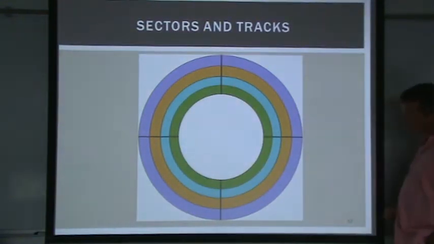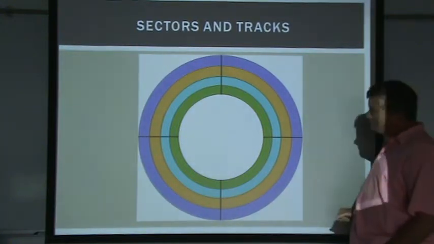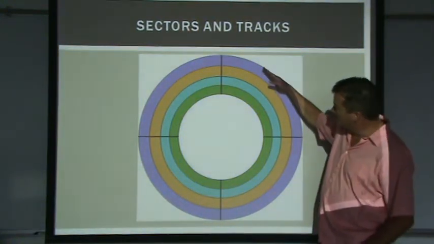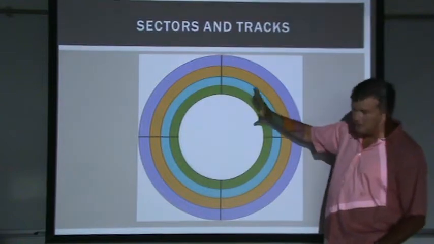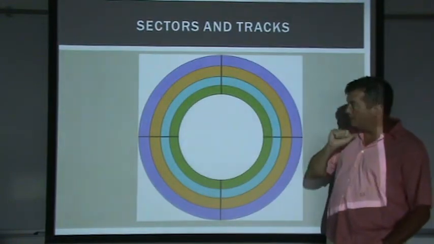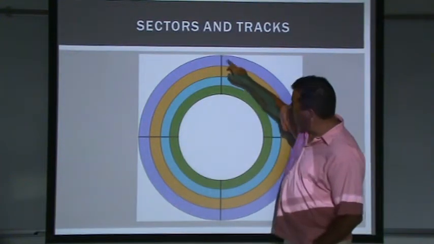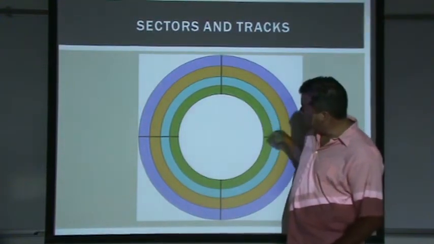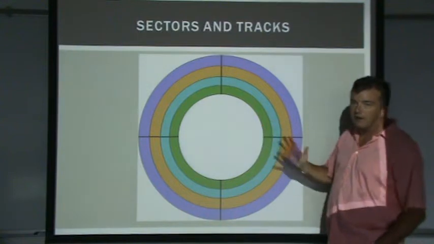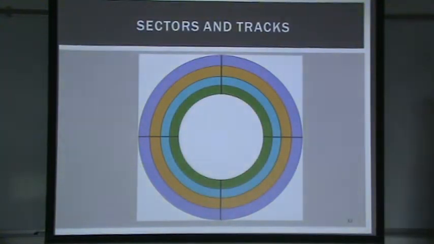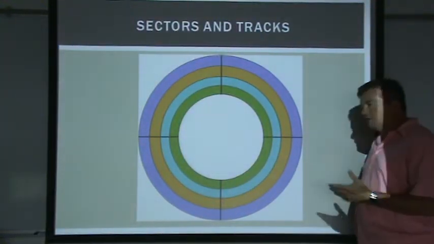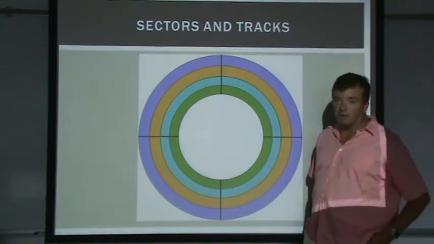So, any suggestions? Let's say this was our disk and it was completely empty and a new file was coming in. And let's say we decided, here's the beginning, and we'll write from the outer track to the inner track. And if a new file came in and it needed to take up, let's say, 3.5 sectors.